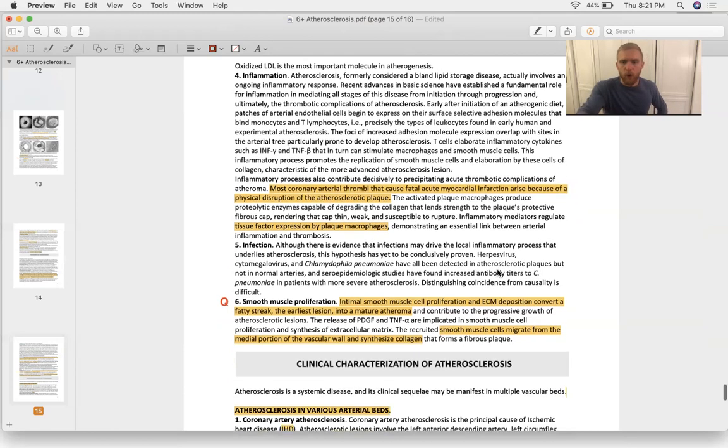Then finally, there's a section on smooth muscle proliferation that I believe you could see a question on, because smooth muscle proliferation is one of the hallmarks of mid-stage atherosclerosis. How it contributes to the symptoms that you see is that the smooth muscle cells proliferate, and that causes a vasoconstriction. And remember that the smooth muscle cells also have tissue factor on them, and so that's a risk for a clot. But then finally, smooth muscle cells immediately contribute collagen to the extracellular matrix, and so